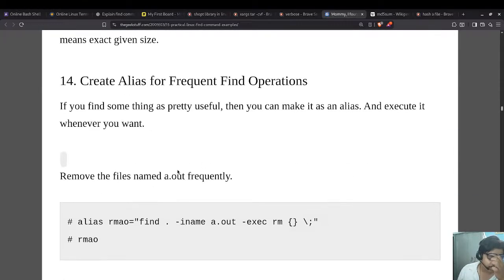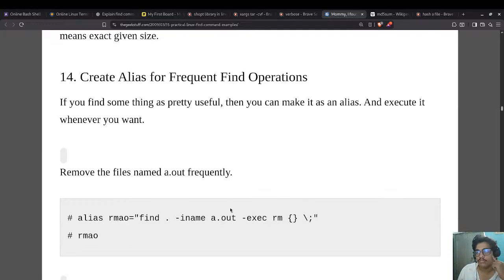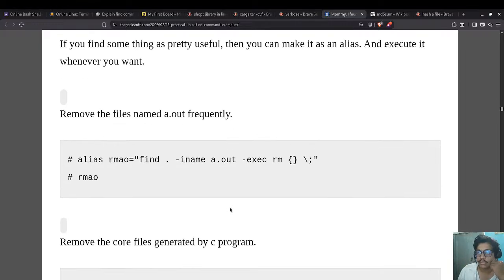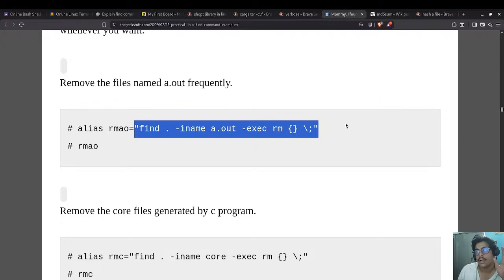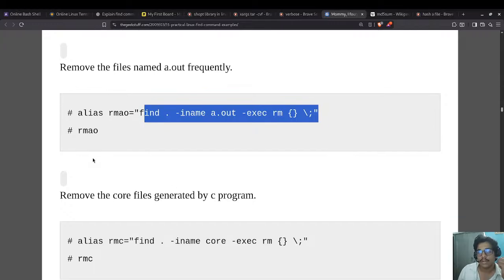Create alias. We will not go deep into the alias thing. Alias is useful in many ways, but I will not go into it here. Alias is basically where you specify your own command. For example, there exist commands like ls, cat and mkdir. You can create your own command and specify what command it should execute in the terminal, so this will be replaced by this. When you want to do that, you will write alias